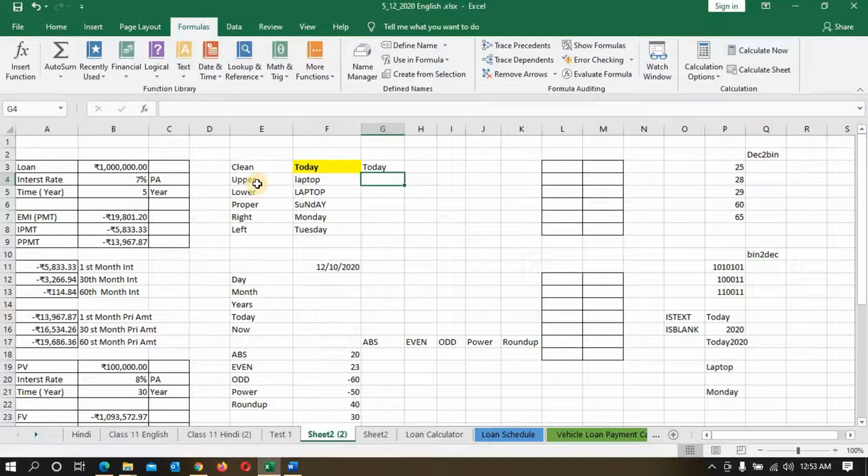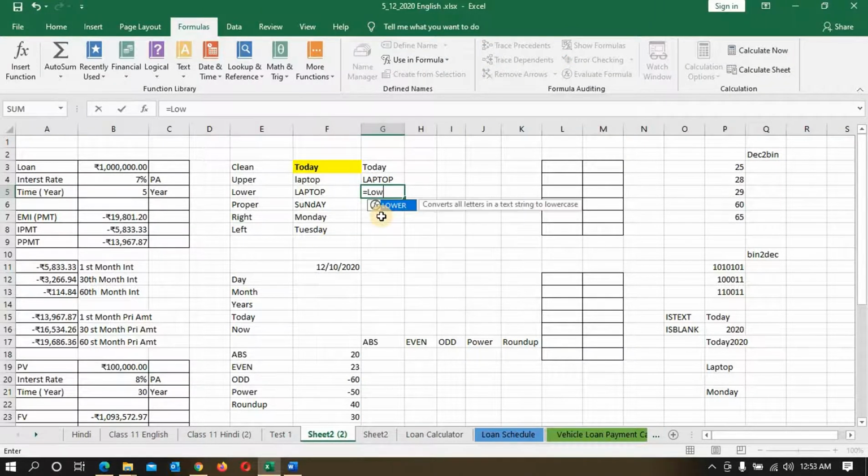Then we have upper case. Suppose I make this as this, so you put here the formula as upper and then put this, then it will show you everything in capitals. Then we have lower, so the lower function, then we'll put here this text and it will give you everything in small.